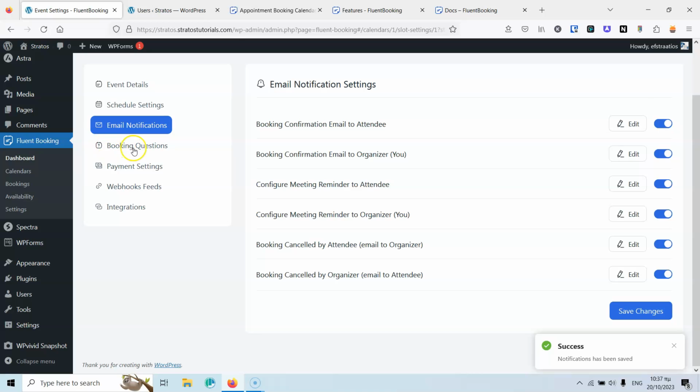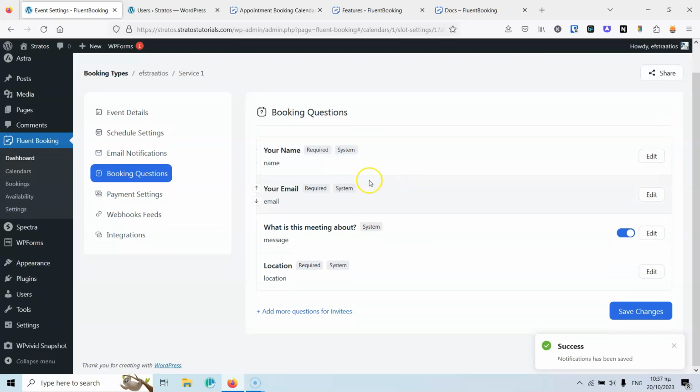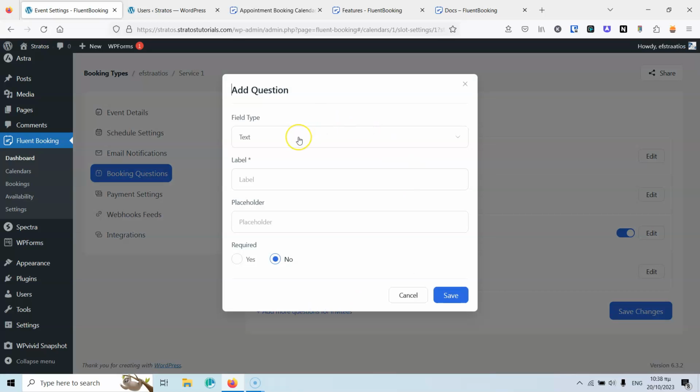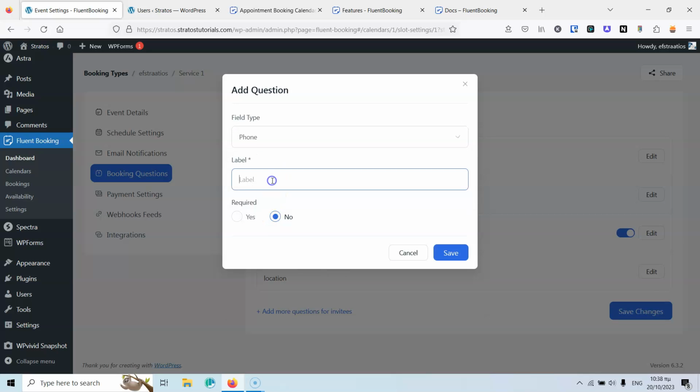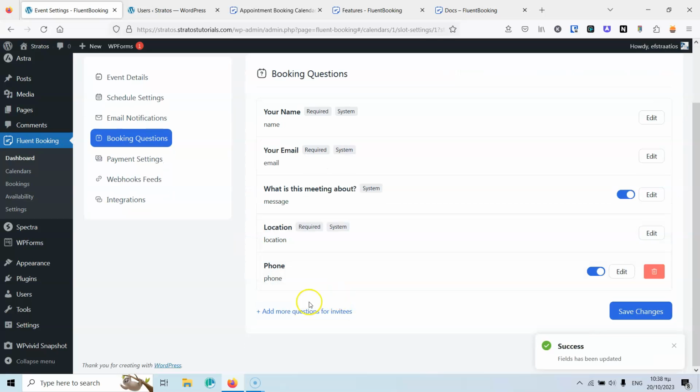Let's go now into the booking questions. Basically, this is the form that you're going to have. So your name, your email, what is the meeting about, and then the location. And let's add more questions for those that are going to fill out the form. So we have here type: email, text, text area, number, phone, and drop down. Let's add a phone, and I'm going to put that as a phone. Required no, let's save that, and let's add also another one,